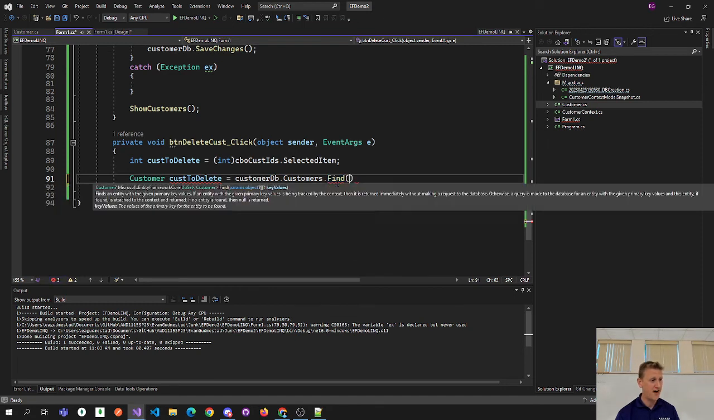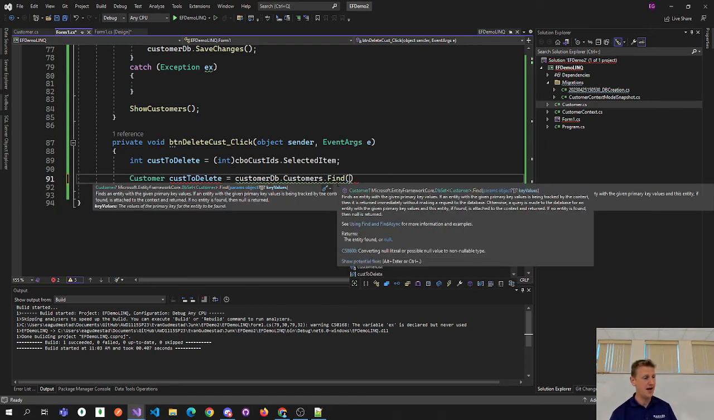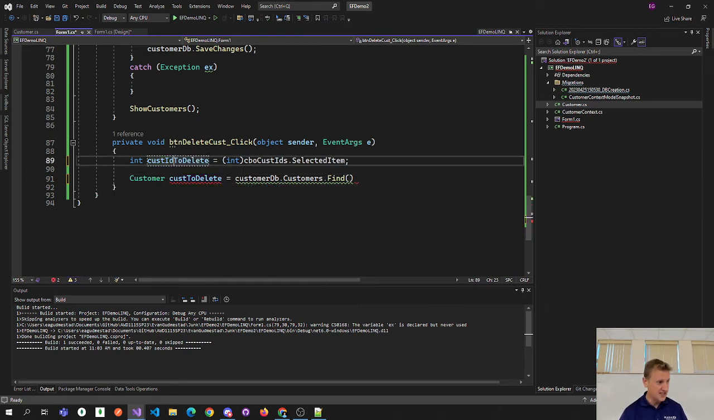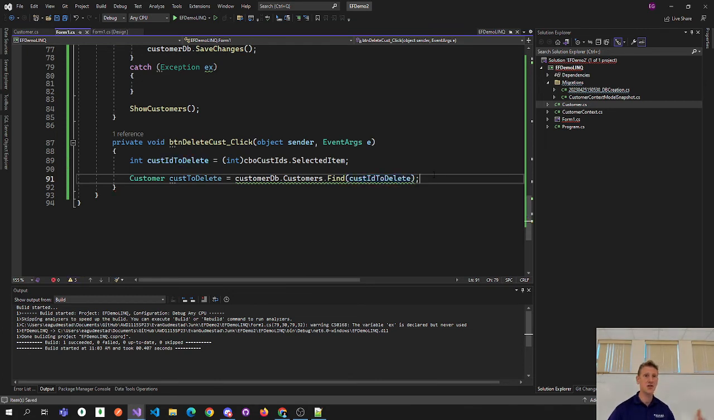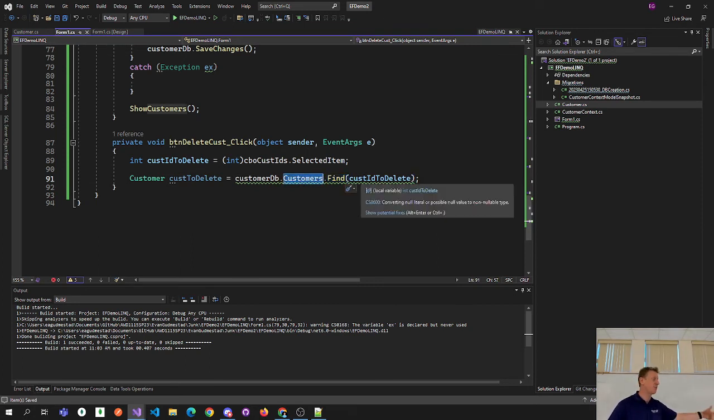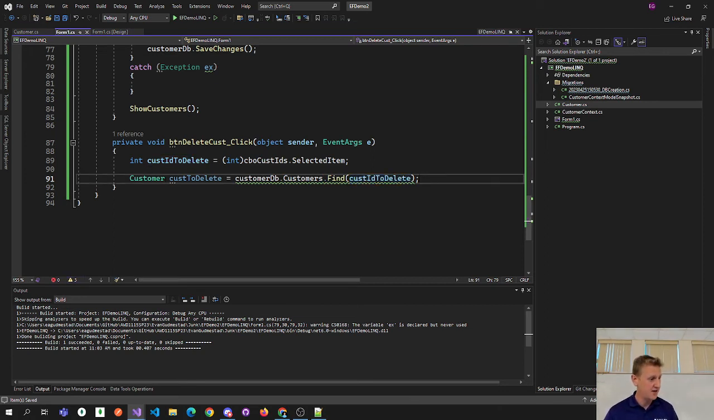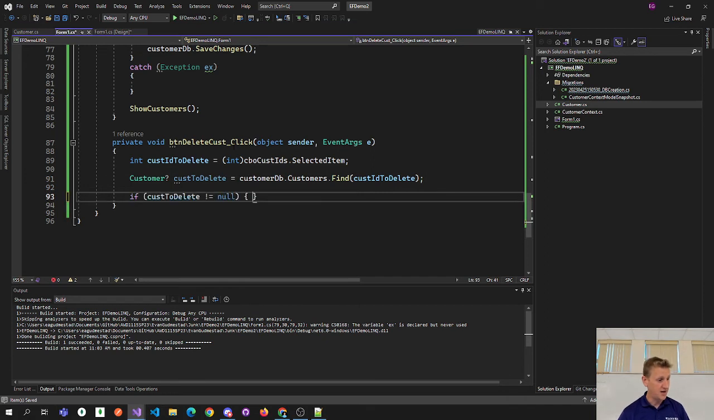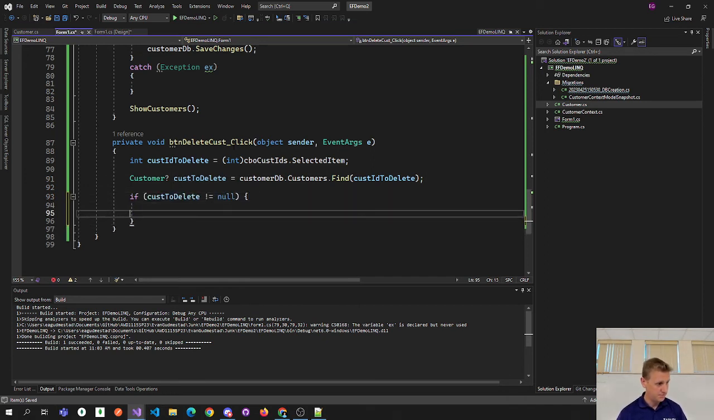There's also a find. This is another way of looking up by ID. Cust ID to delete. Instead of running a query like we ran before, you could just call the find, and that should return the customer by its primary key. The primary key in this case is the ID. So you pass the ID, make it nullable. And again, if customer is not null,